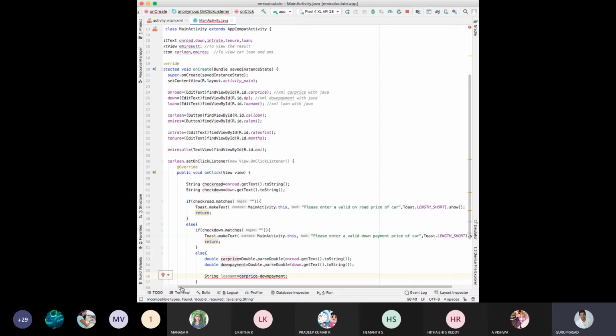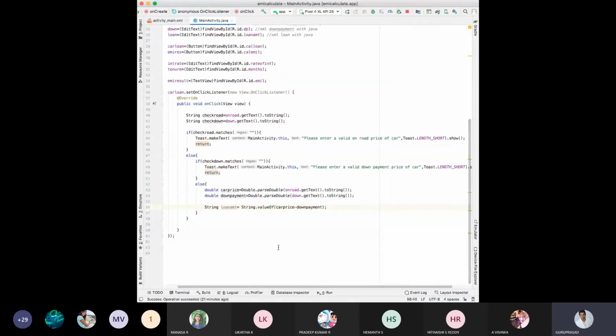Why is this getting, okay, we need to wrap it. You are getting a double value, double data type value, you need to wrap it as a string value.